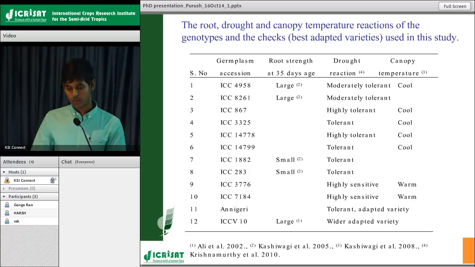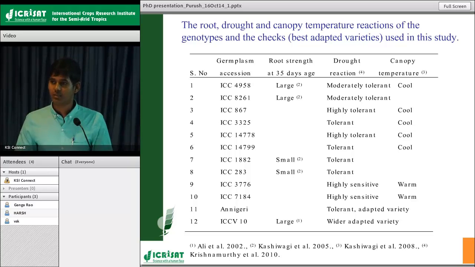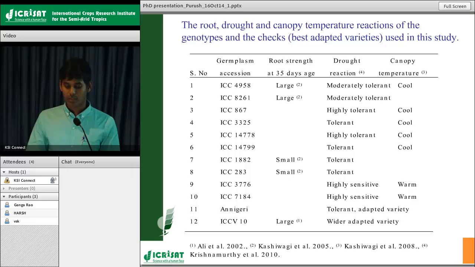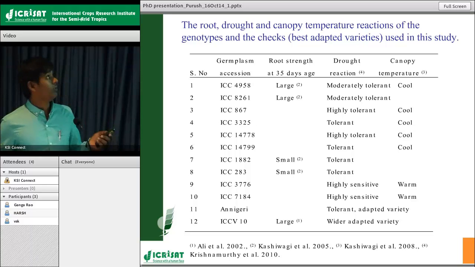The selection, you can see there are 12 genotypes used in this study, but I want to clearly mention that this genotype selection was not random. There is a purpose for the selection of these 12 genotypes. The first 2 genotypes are very strong in their root system at the vegetative stage,